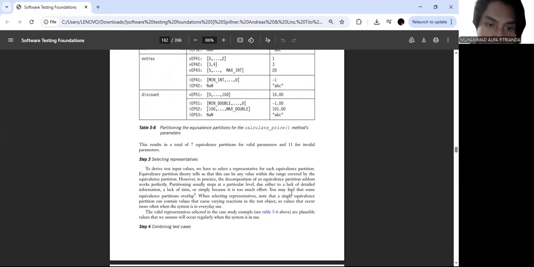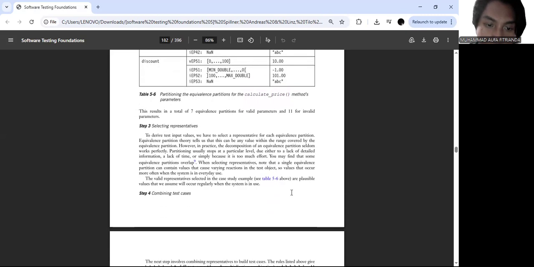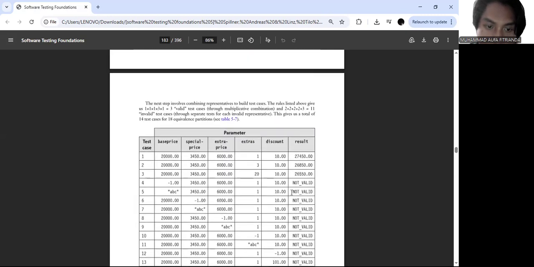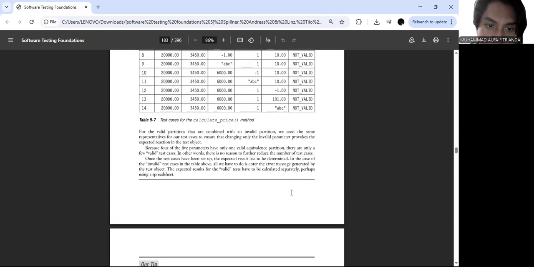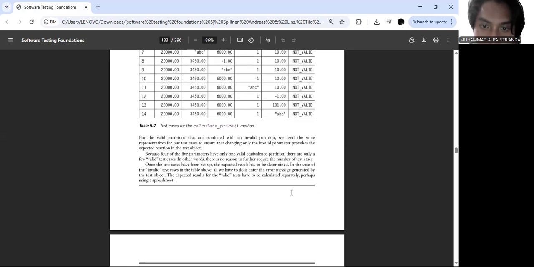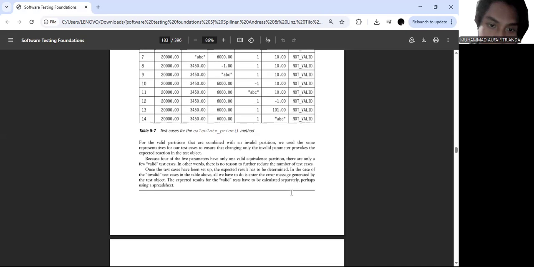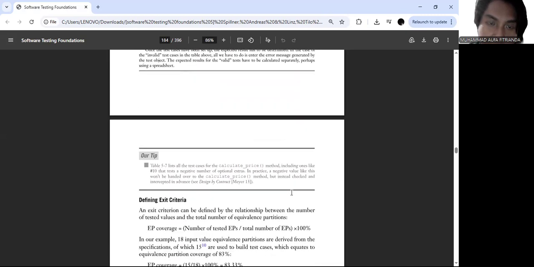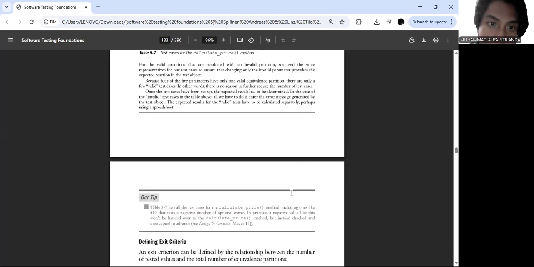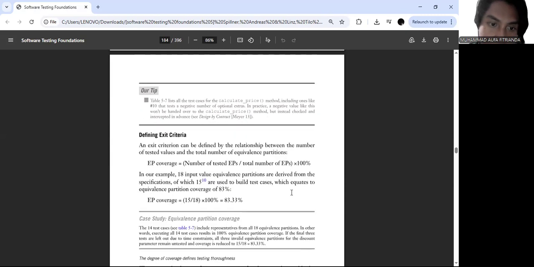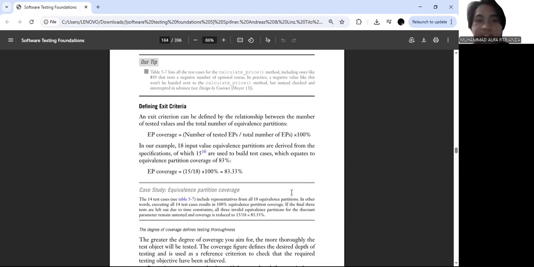Okay, so step 3 is selecting representatives and step 4 is combining test cases. Like this. For the valid partitions, combine with the invalid partitions. Oh, okay. So combine with the invalid partition for the valid partition. Okay, there's defining the exit criteria, and the exit criterion can be defined by the relationship between